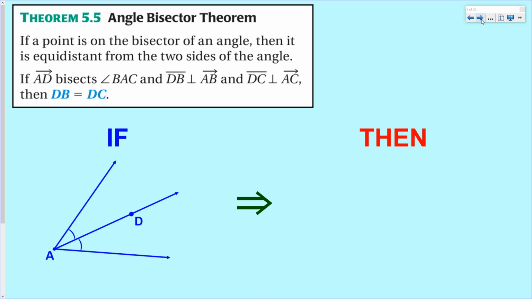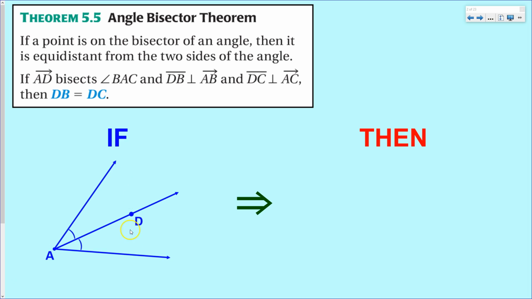I'm going to start off the day today with a theorem, theorem 5.5, which is the angle bisector theorem. We already know what an angle bisector is. We're just now going to give a theorem to help us out with a couple drawings. So if we have an angle that is being bisected and we have a point on that bisector, so point D is what we're talking about, then the angle bisector theorem says that point D is equidistant from each side